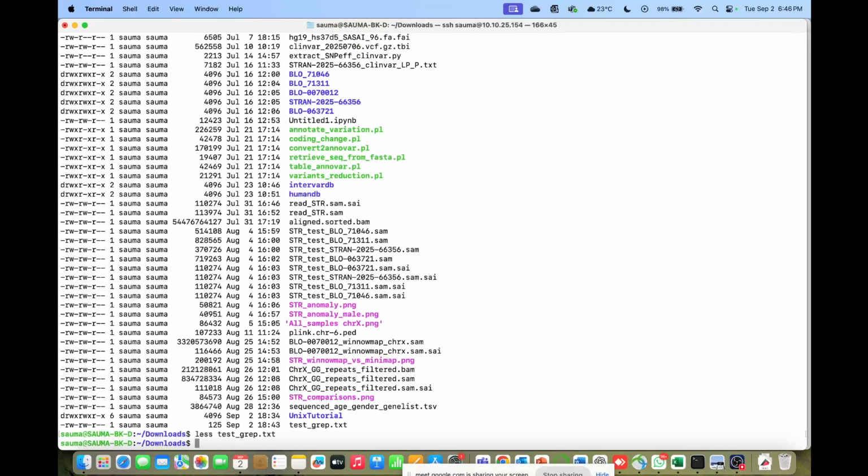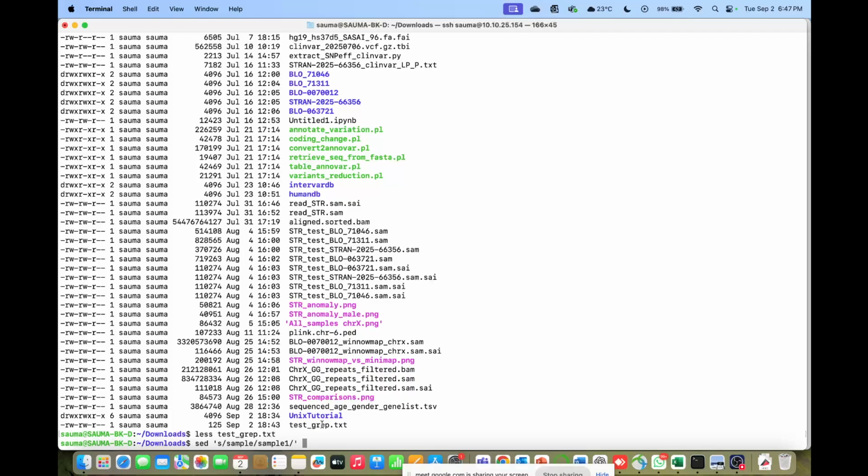So that command would look like sed, then you have this inverted comma. S is basically telling it to replace. This is the old thing that we want to replace, and this is the new thing we want to replace it with. Sample with sample one, and then we close the inverted comma,